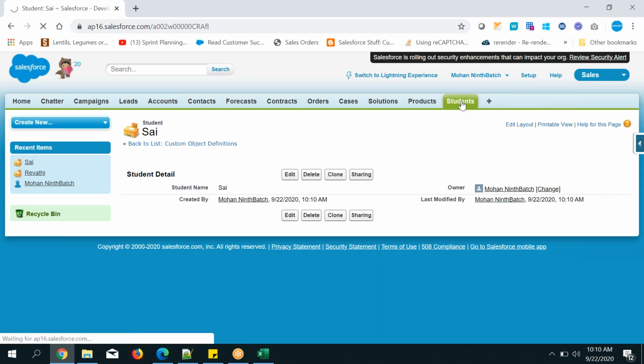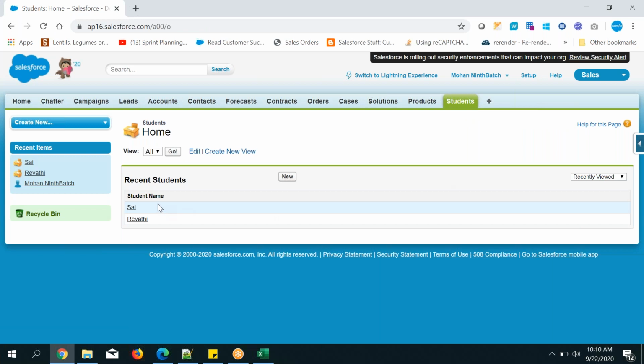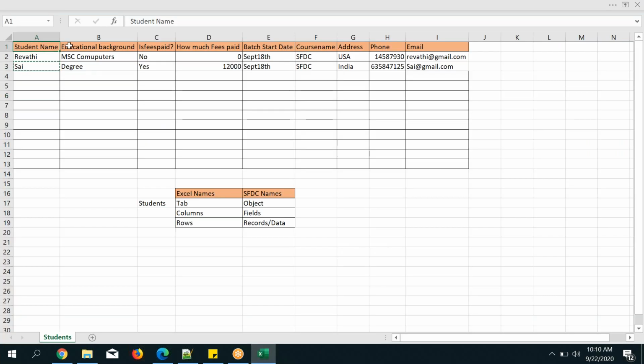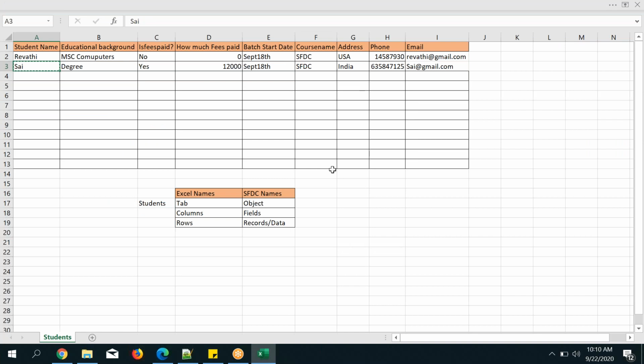Click on the students tab. You can see here Sai and Revati. Can you see now? These are columns. And rows: how many rows? 2 rows, Sai and Revati.